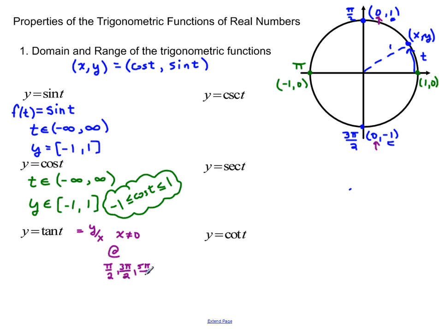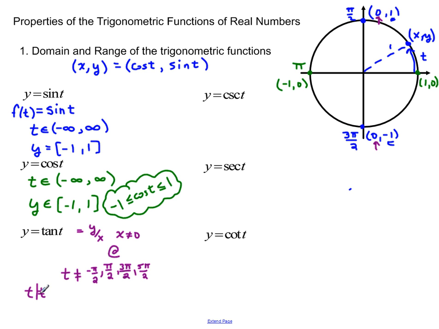Or if we went in the negative direction, we might have said negative pi over 2. So what we're saying is that t cannot be equal to these angles because that's where the function's undefined. So what would we say right here? Well, it turns out that we say that our domain for t is the set of all real numbers such